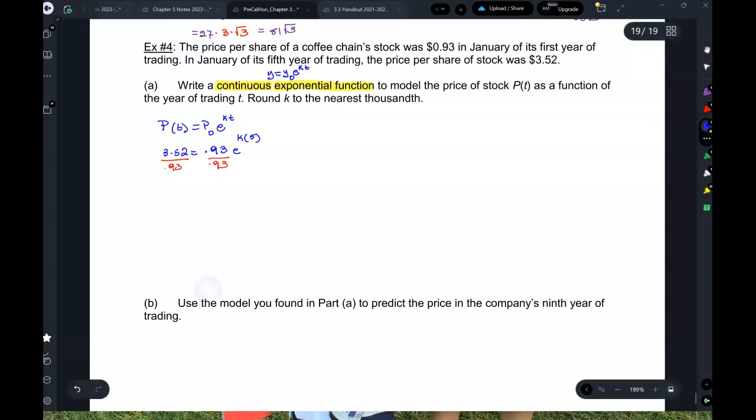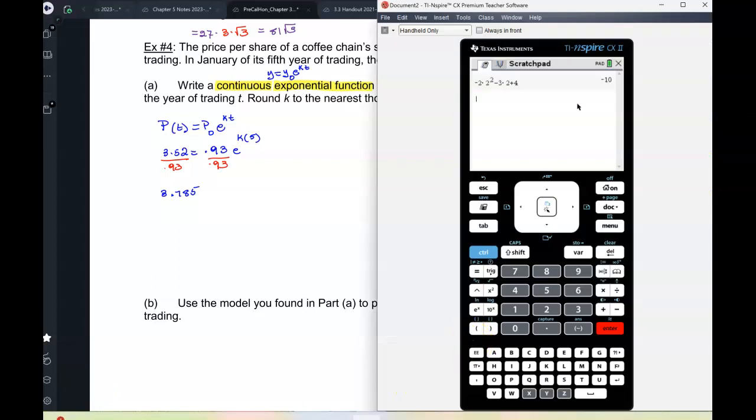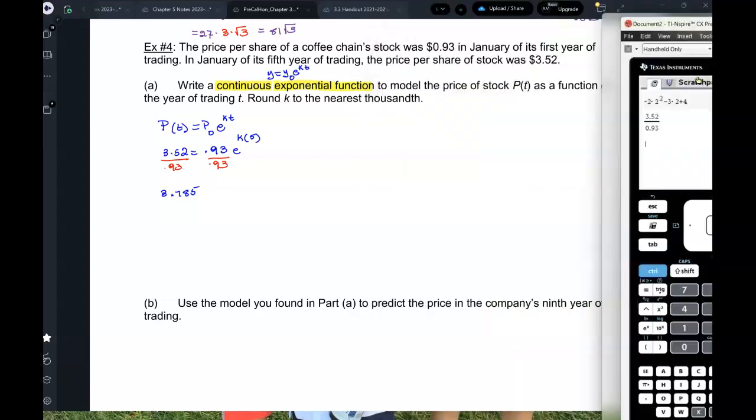So I get 3.7, what is it, 85? Or is it 55? Okay, I'm actually going to plug this in. So 3.52 divided by 0.93. Oh, yeah, 3.785. Okay, but again, I'm going to use the unrounded in my calculations, right? So this equals to